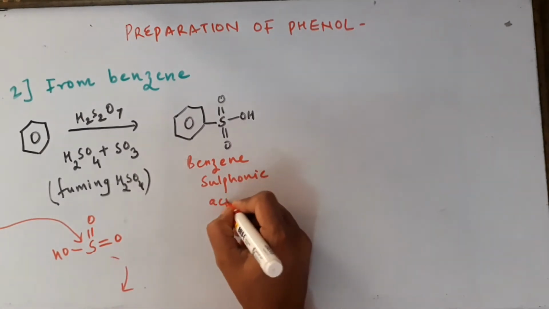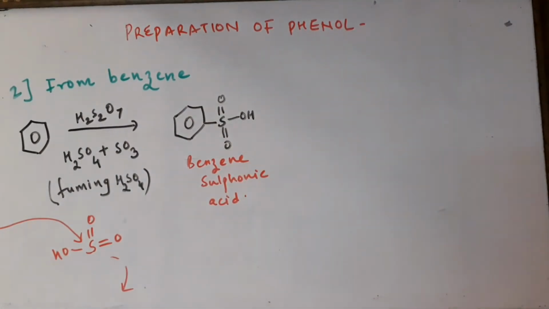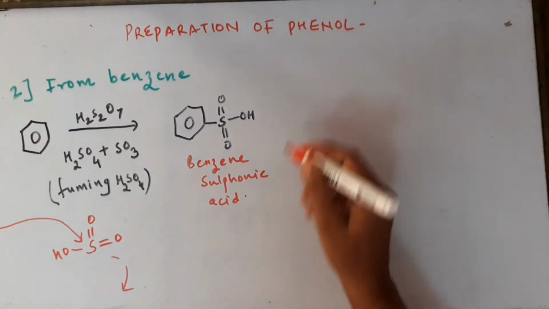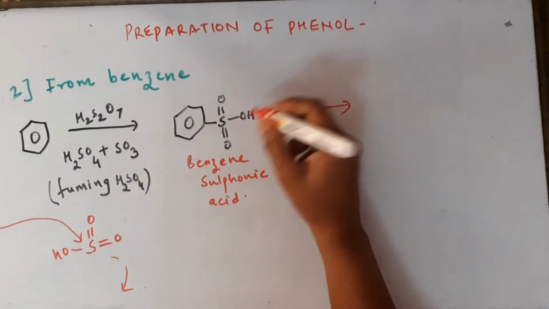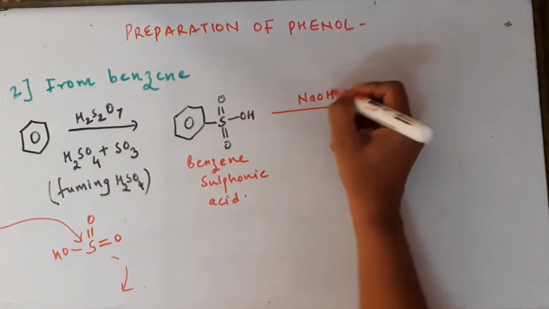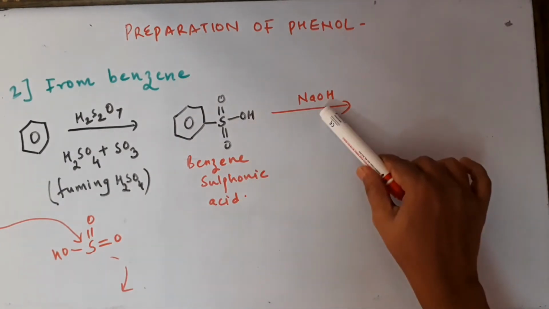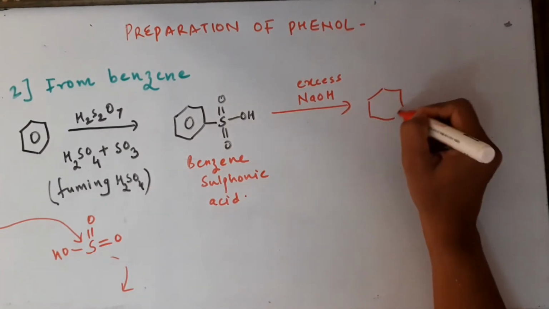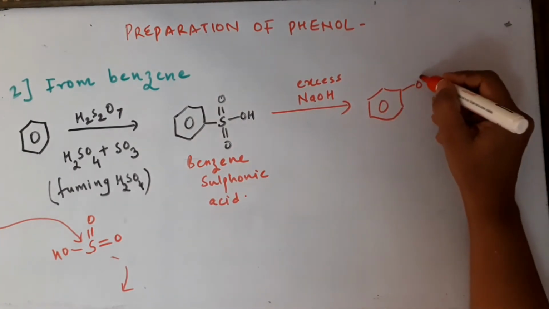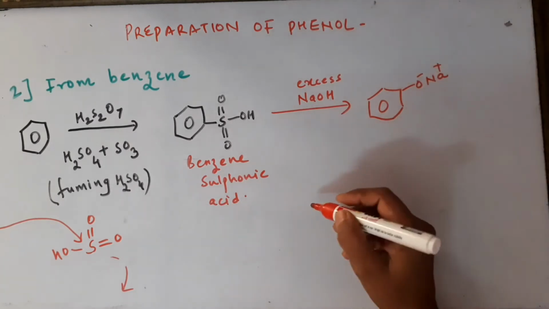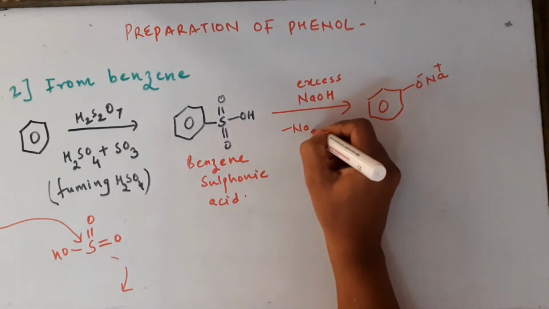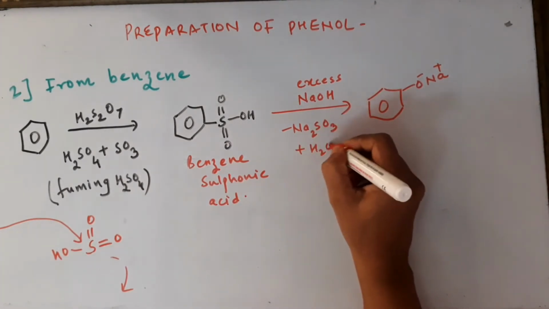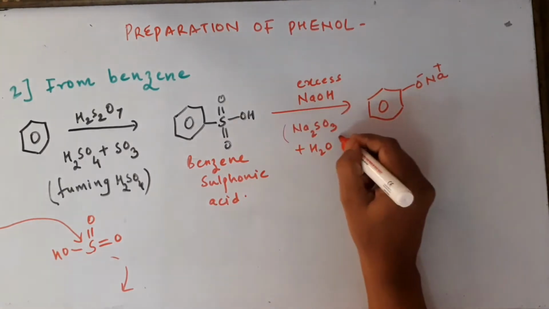So benzene sulfonic acid. Sulfonic acids are highly reactive compounds. They are very strong acids and they are used to prepare detergents. Now coming to the reaction further, we are going to add sodium hydroxide to this because benzene sulfonic acid is an acid. We will neutralize it by adding excess of sodium hydroxide, which will result in the formation of sodium phenoxide once again. The byproducts going out here will be your Na2SO3, sodium sulfite, plus some water molecules will also be going out. So these will be your byproducts.